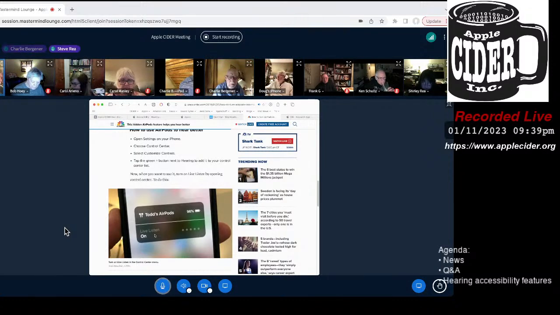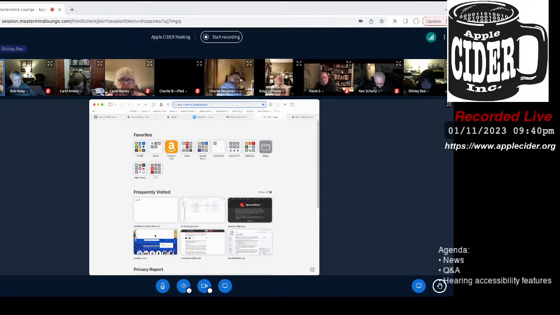Let's see. I see no hearing app on the iPad. Let me go into settings and see if there's a control center hearing. So control center, and more controls, hearing. Yes, it is there on the iPad. But you may have to turn on hearing in the control center.